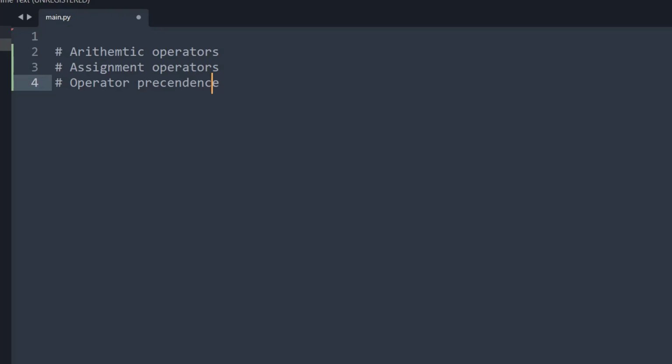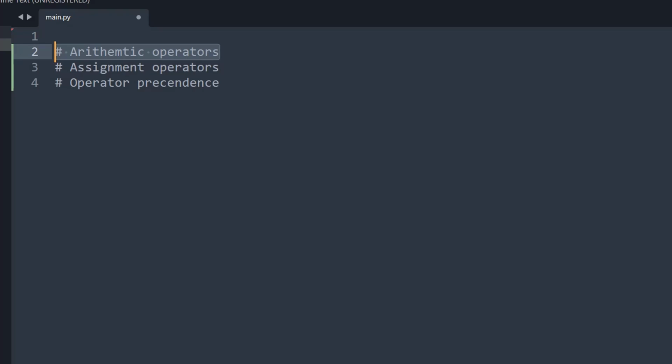Okay, I think I forgot to tell you one thing. Whatever you write in Python starting with the hash symbol, that line will be treated as a comment. That means this line is not considered by the runtime environment when we run the program.